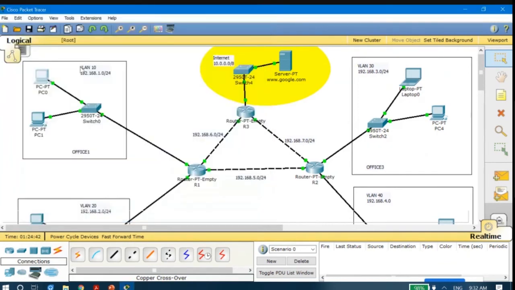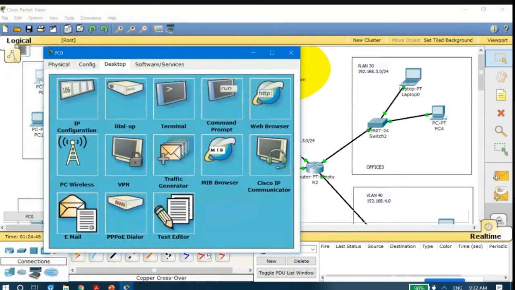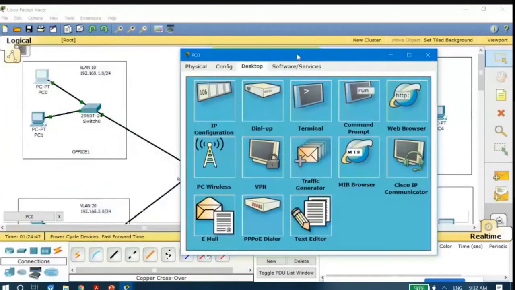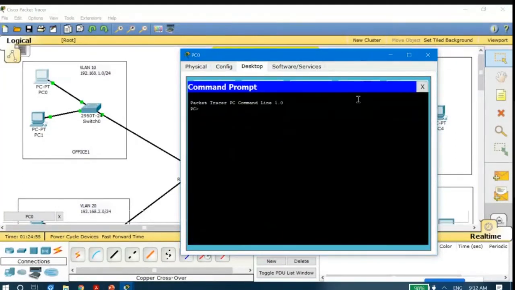Once you click on this device, this PC, see there are different boxes here. Here you have to select the command prompt. So you just click on command prompt once and this comes up. Then you just ping the address of that computer. Let me ping 192.168.1.